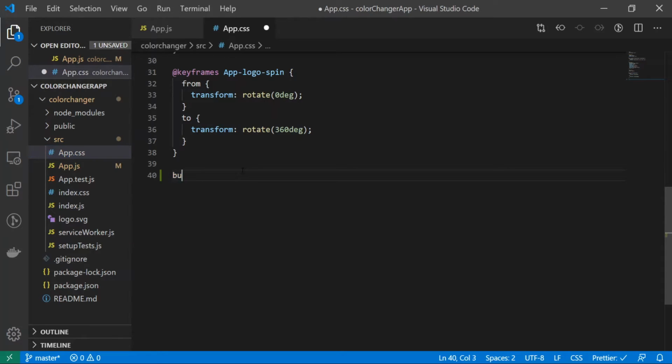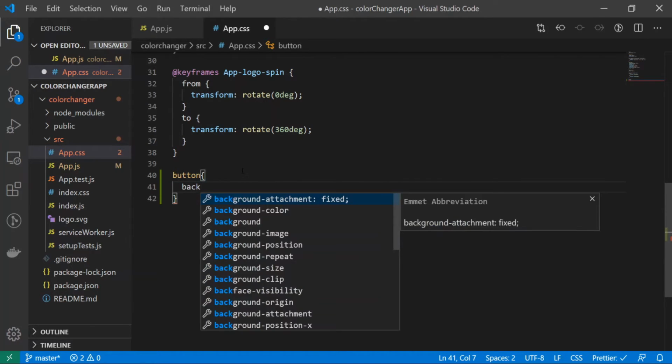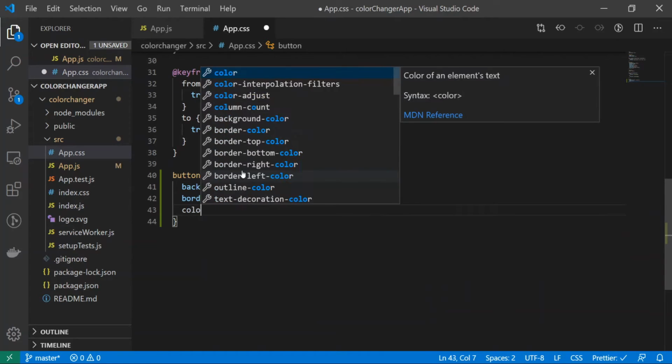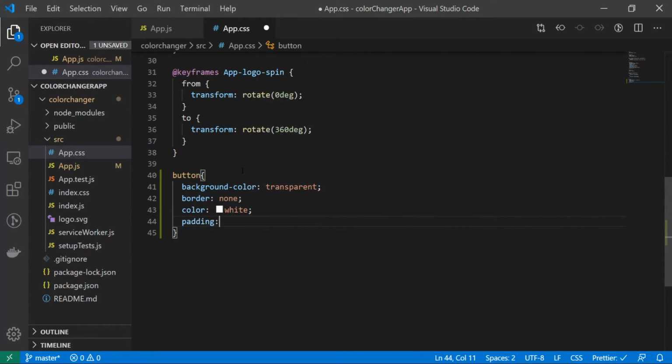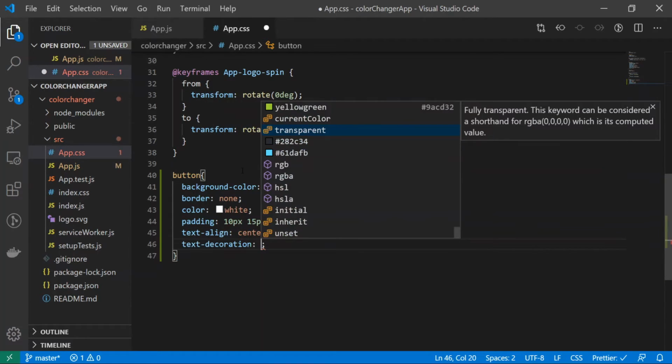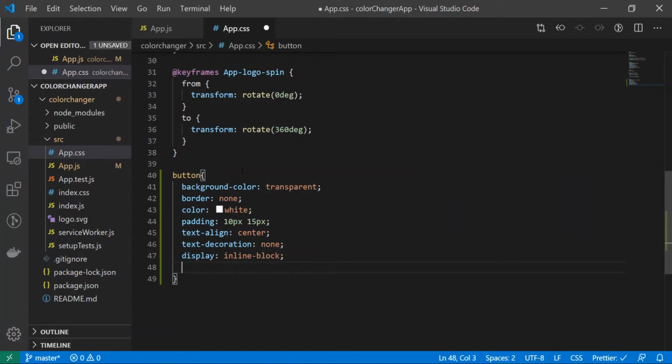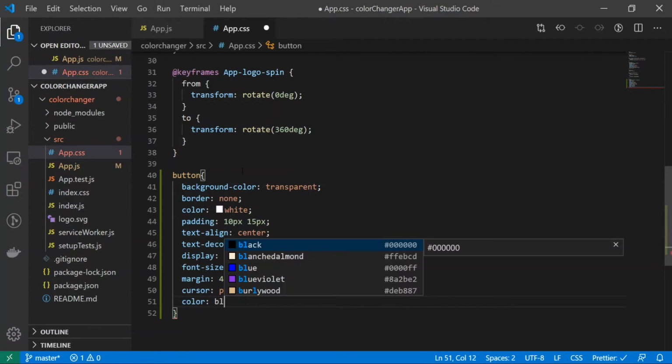What I'm going to do is button, background-color transparent, border none, color white, padding 10 pixels by 15 pixels, text-align center, text-decoration none, display inline-block, font-size 16 pixels, margin 4 pixels by 2 pixels, cursor pointer, color black,